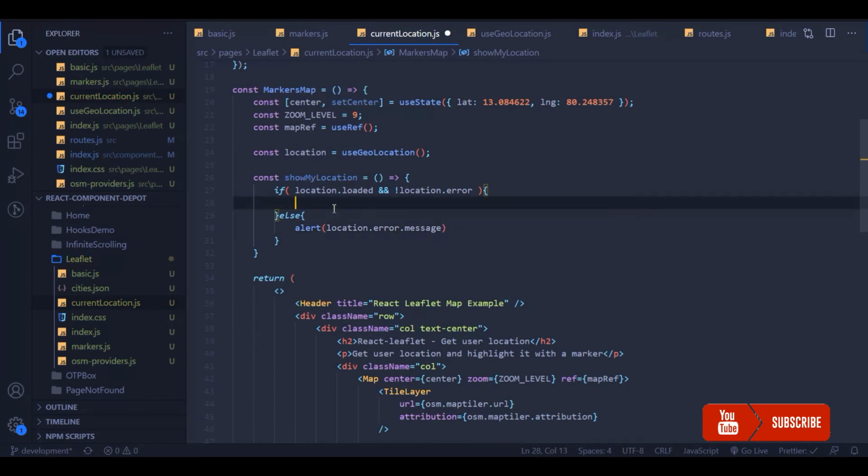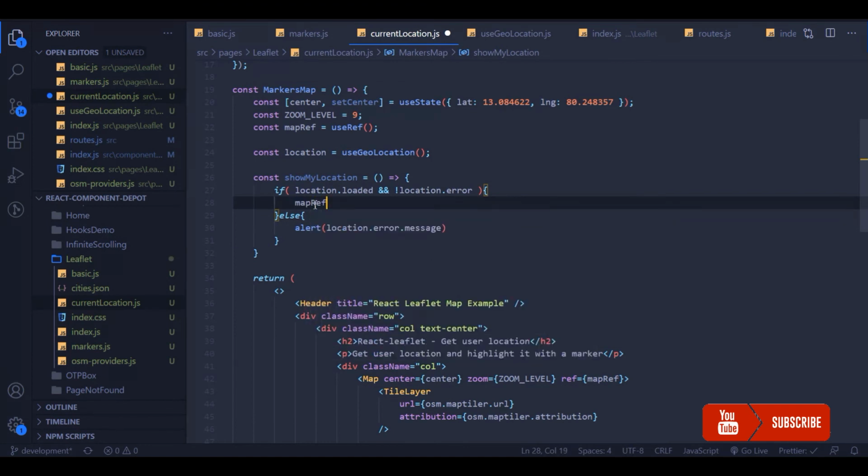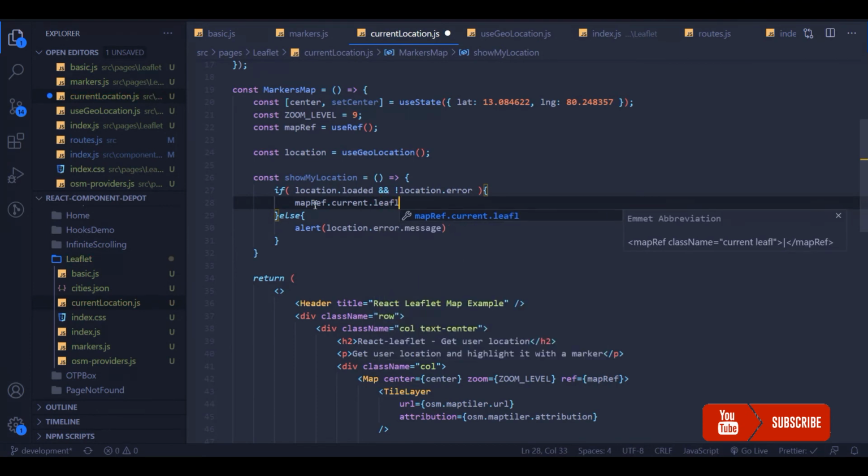So it's up to you how to handle this error condition. I'm going to use this map ref to actually fly to. There is a function called flyTo in Leaflet. I'm going to use that to actually pan our map to that particular location.